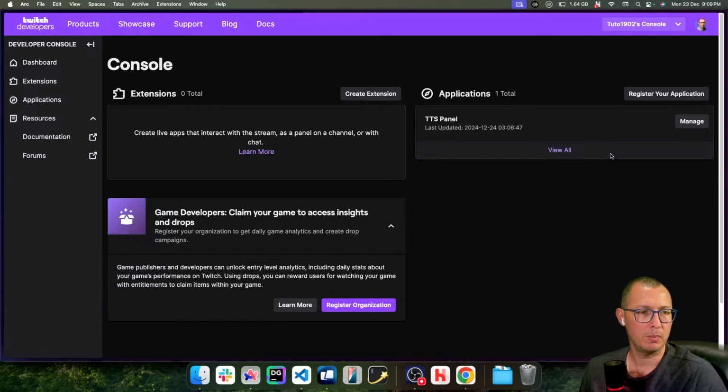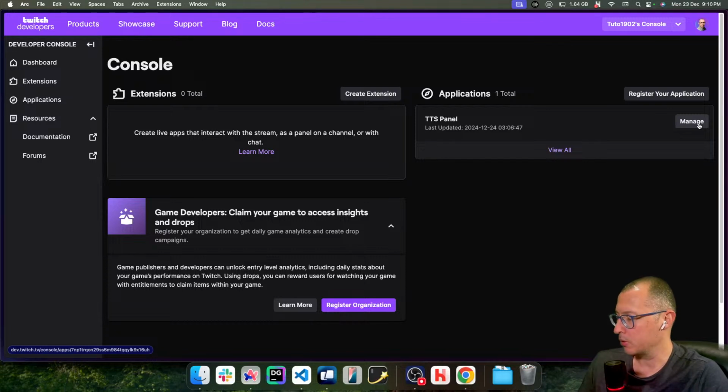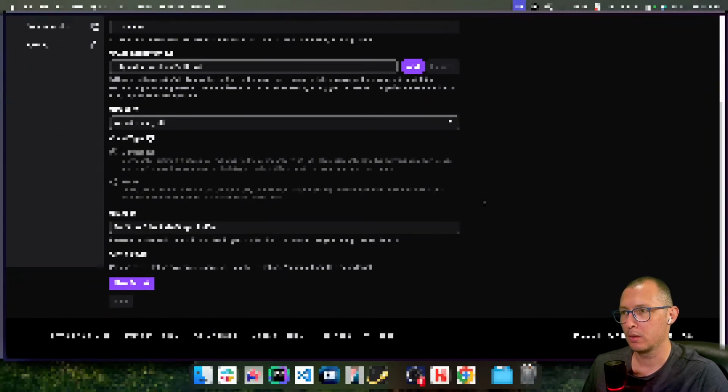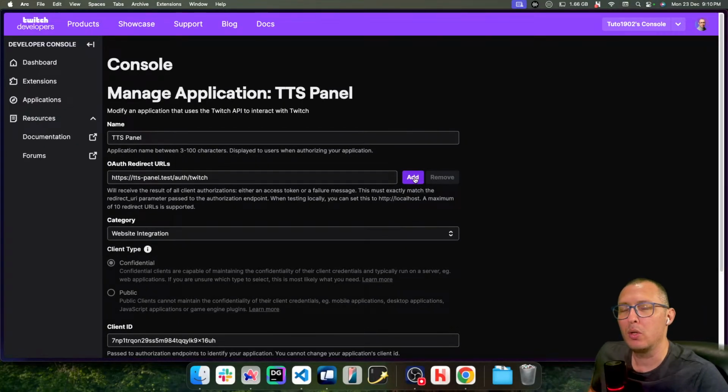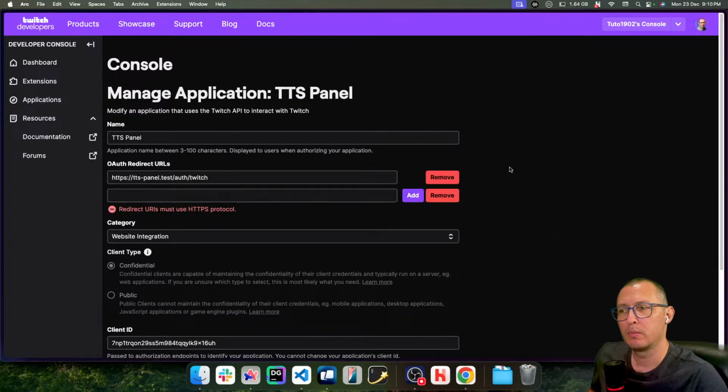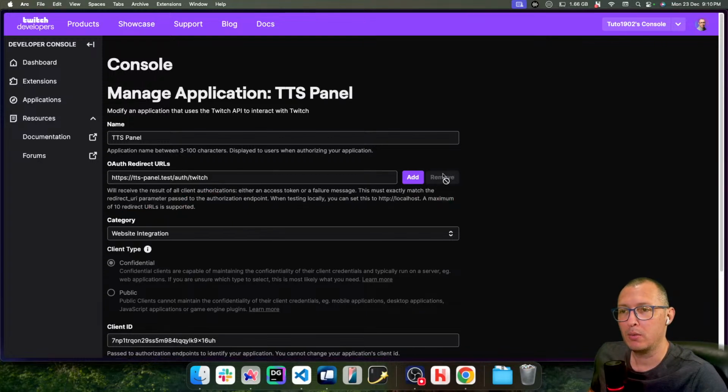I think they meant the button in the Twitch console while editing the app. Oh, if you go manage here, let me just hide it real quick just to make sure there's nothing else. Oh, that add button right there. So this here, it's only if you need another route. See, if you click that one, you can add multiple redirect URLs. I don't know why you need that, but you can add multiple. In this case, I don't need it, so